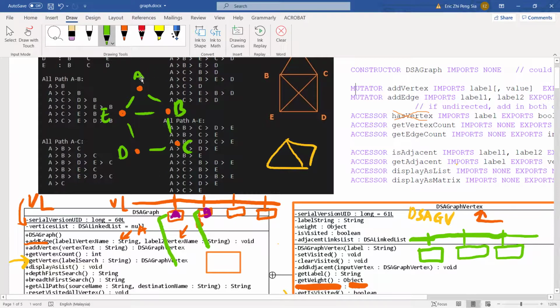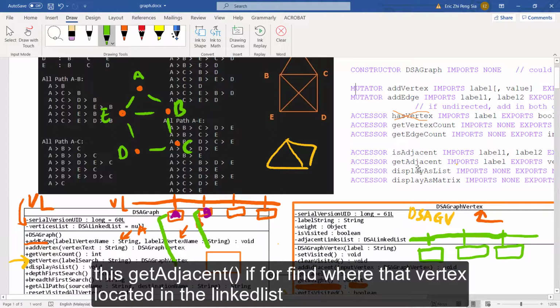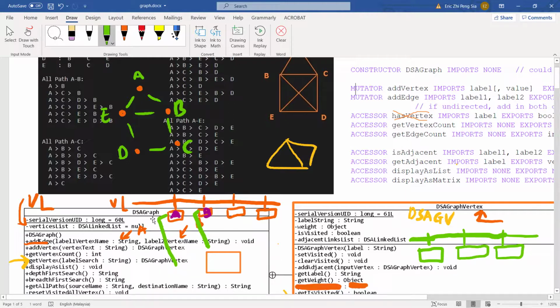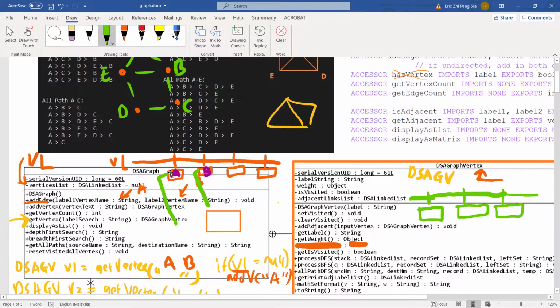When we insert our A, it is inside here. Insert B, it is inside here. But if A has adjacent E and B, then our E and B are stored inside here. 这个 getAdjacent 是 get 这里的全部 adjacent，get 你的 linked list 已经有了什么 adjacent。OK，明白。所以如果你要用 getAdjacent，就不要 confuse，我是用 getVertex。